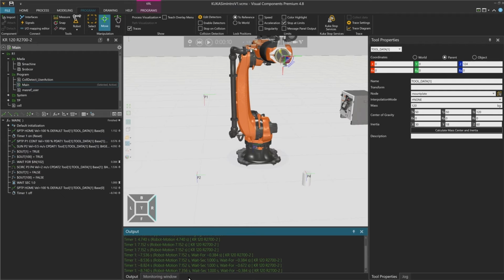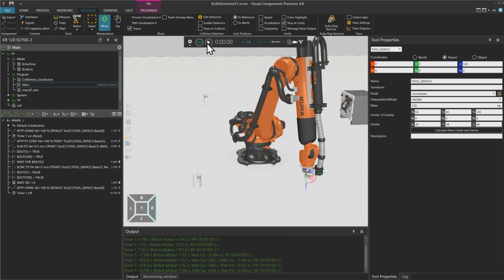So at the moment we have a 0.2 seconds slower movement that the RCS gives us. So this is really changing with the mass and the inertia that you put into the load data here. Let's set back the simulation again.